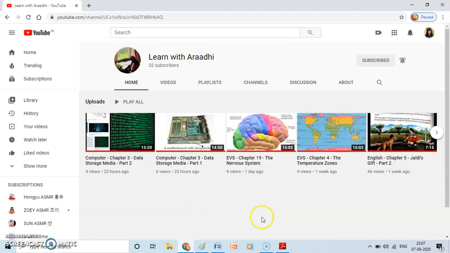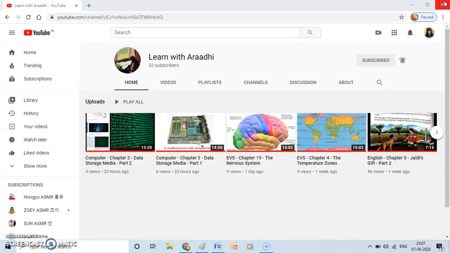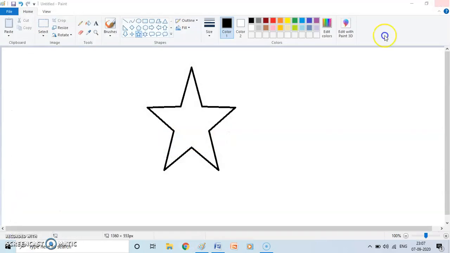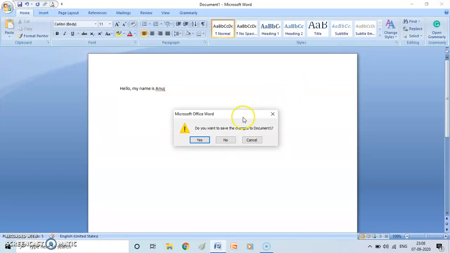If I want to go back to the reader, I will click on the PDF. Now when I close this reader, it will disappear from the taskbar. So what we are saying is that we can switch between various running programs by clicking on the taskbar buttons. So these icons are called taskbar buttons. Okay, so when we click on them, we will be switching between them.